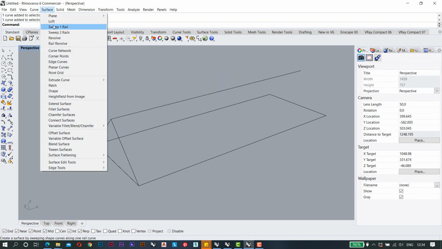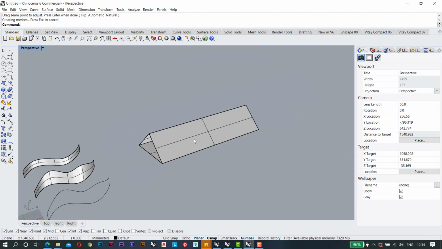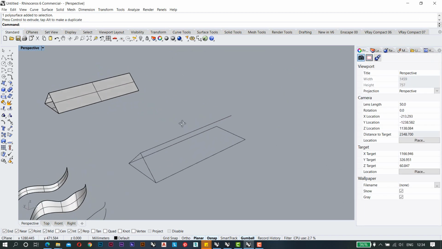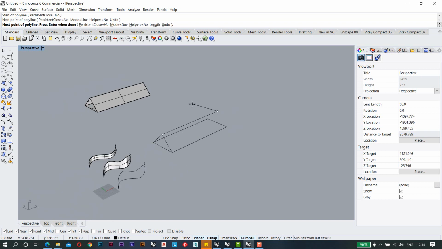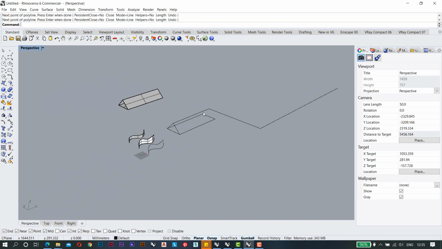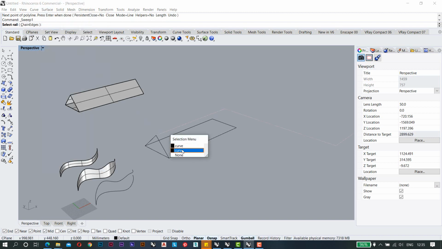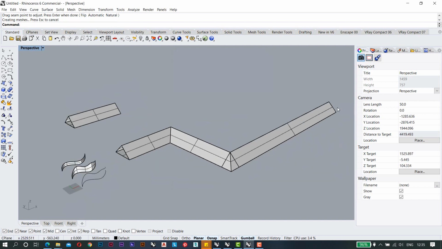So now I'm going to sweep1 rail, first select rail and then section. Enter, enter. So it will make your shape like this. So this is sweep1. Now let's suppose you want something like this in which your slope group is like this. So again it will work with sweep1. We will select the rail, we will select the section. It will go along that line.